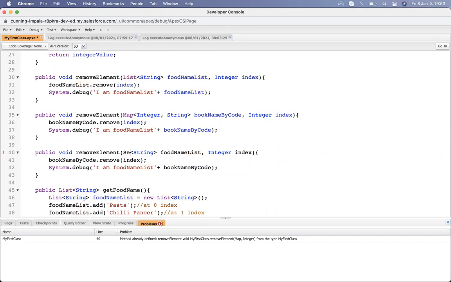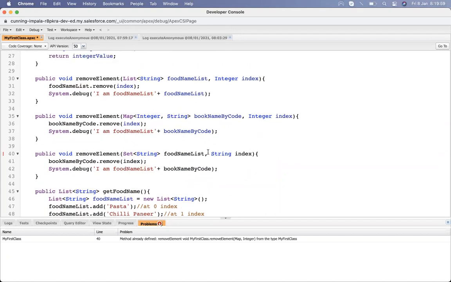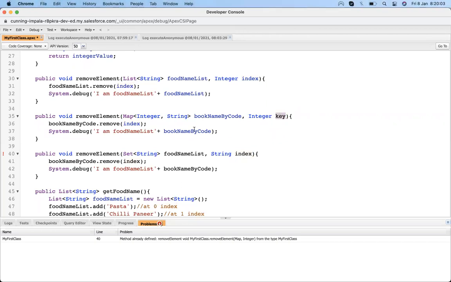Maybe we can use key instead of index, so it doesn't look confusing. Okay, let's make it key. And it's a set. It's not an index, it's a value. Actually, it removes the element by value, not on the basis of index. If it matches the value, it removes the value.